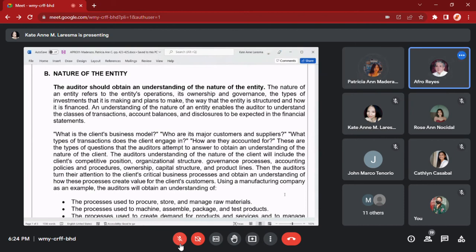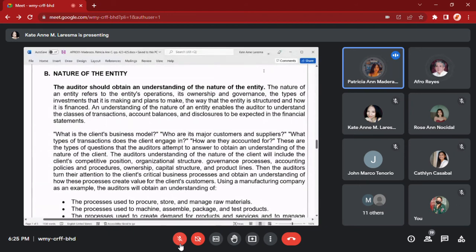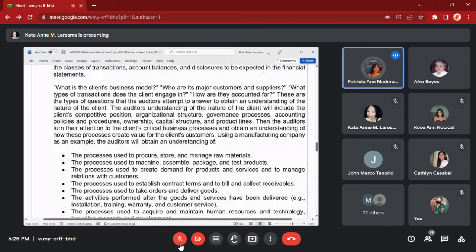the client. The auditor's understanding of nature of the client will include the client's competitive position, organizational structure, governance processes, accounting policies and procedures, ownership, capital structure, and product lines. Then the auditors turn their attention to the client's critical business processes and obtain an understanding of how these processes create value for the client's customers. Using a manufacturing company as an example, the auditors will obtain an understanding of first the process used to